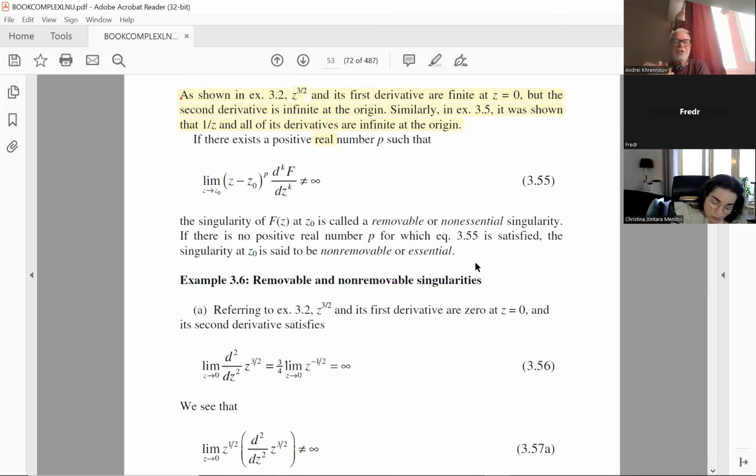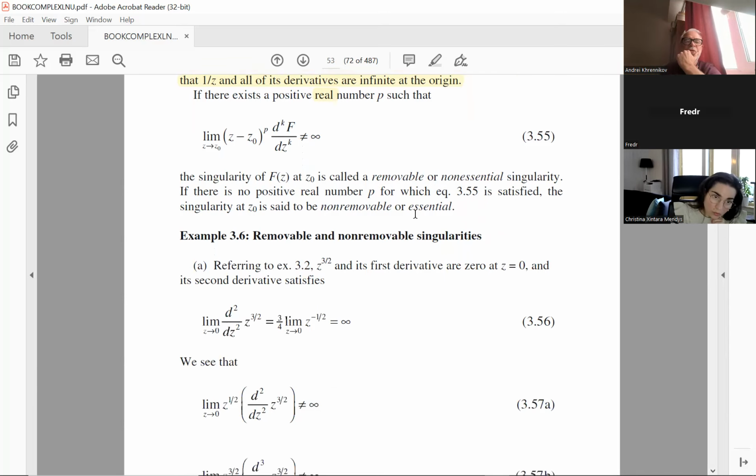I suspect that the majority of our course will be about removable singularities. If we have time later, we will consider non-removable, or essential, ones. In fact, there is not so much to do with these singularities. They are non-removable. So what is the idea? Here we multiply by this and the singularity disappears. It is removed. But it can be that it's impossible to remove it in this way.